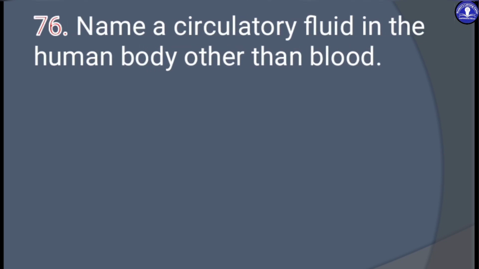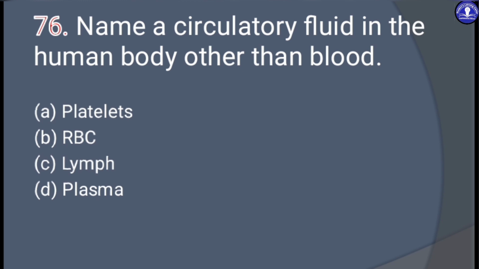Name a circulatory fluid in a human body other than blood. The options are platelets, RBC, that is red blood cells, or erythrocytes, lymph, or plasma. The answer is lymph. Platelets are also called thrombocytes, small colorless cell fragments in our blood that form clots and stop or